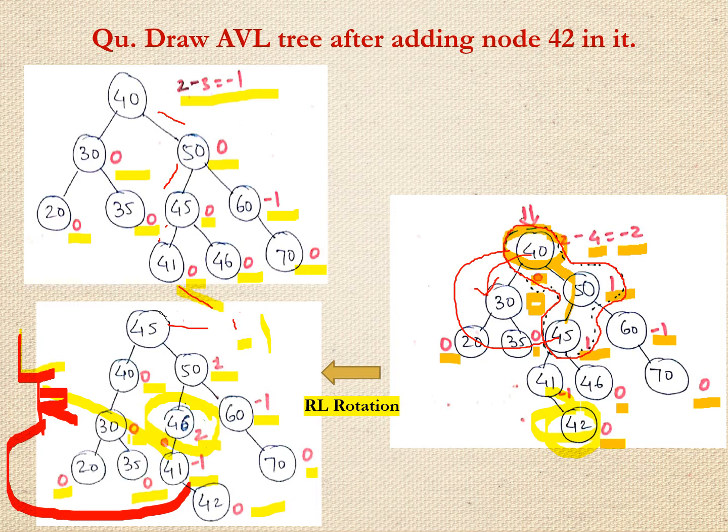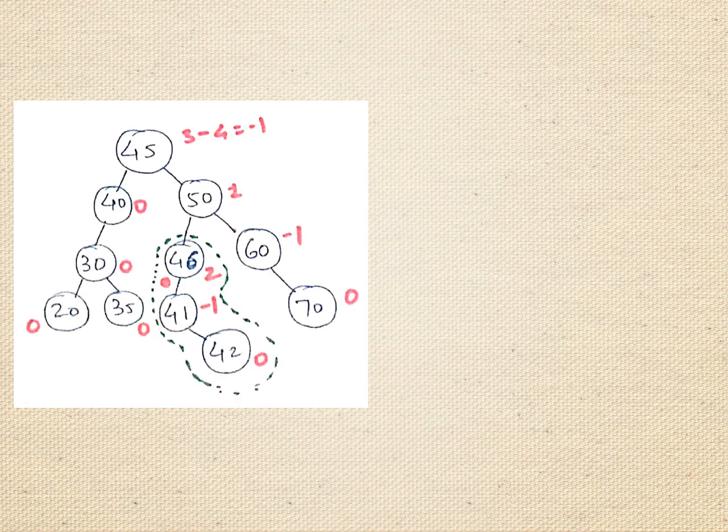What we'll be doing in that case is a small operation: this will become a root, and this will be shifted. 41 will be as it is there, and then your 42 will be right of your 46. We will verify that in the next slide, that 42 will be the right of your node here. It will be swapped first, and then 46 will come to the right of your 42. This is the same way as from the previous slide itself. So we are shifting it here on the right of it. So please verify the answer.